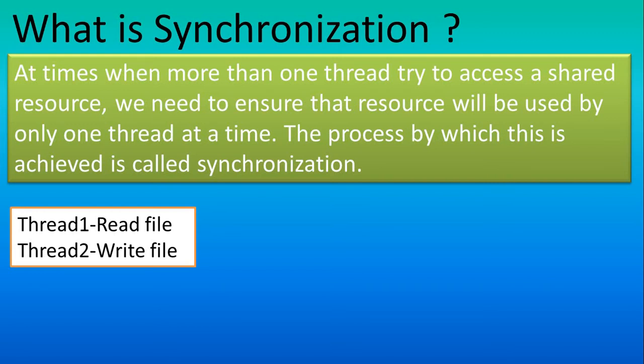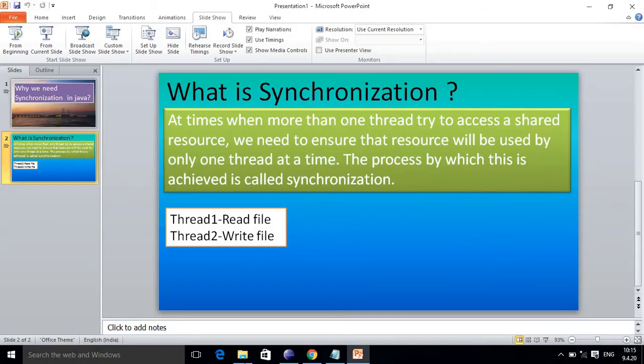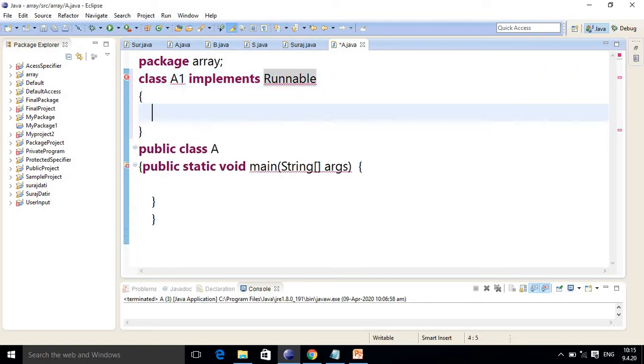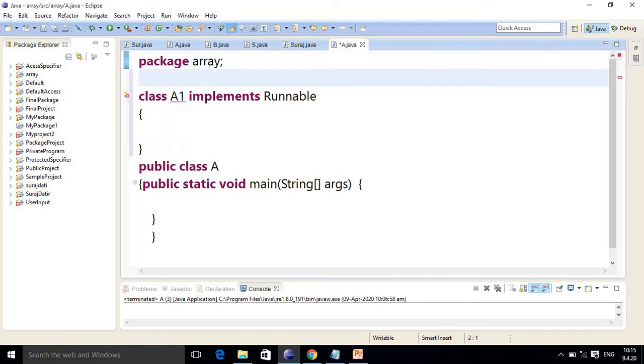So now we go to Eclipse and there we will use the synchronized keyword in the program. For using synchronization, first I need one thread. So class A1, here I am using implements Runnable. By using implements Runnable you can create the thread, and here I am going to use some input statements in the program. So I will add one package,